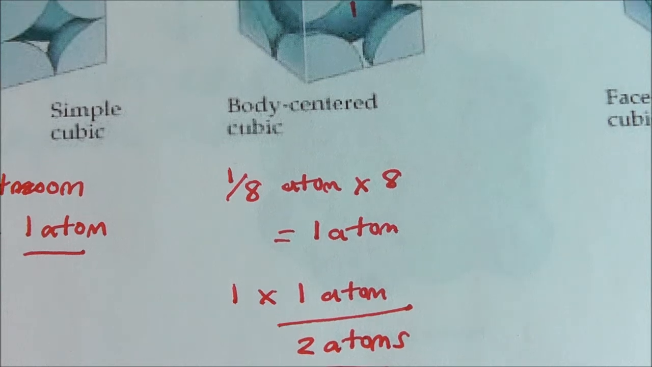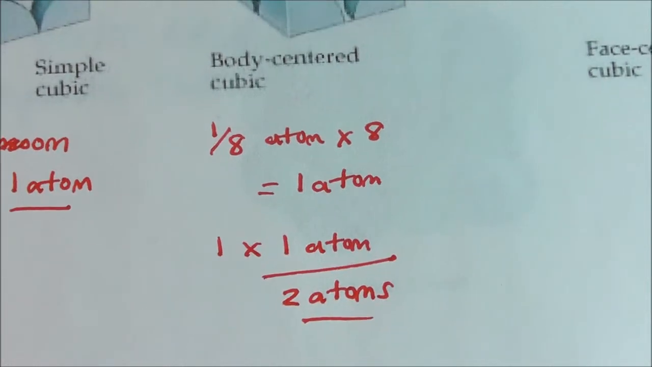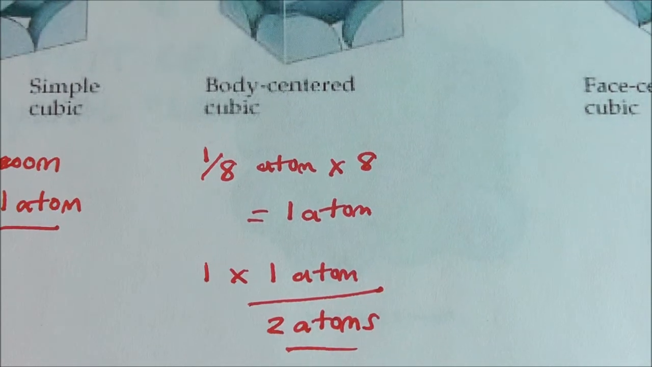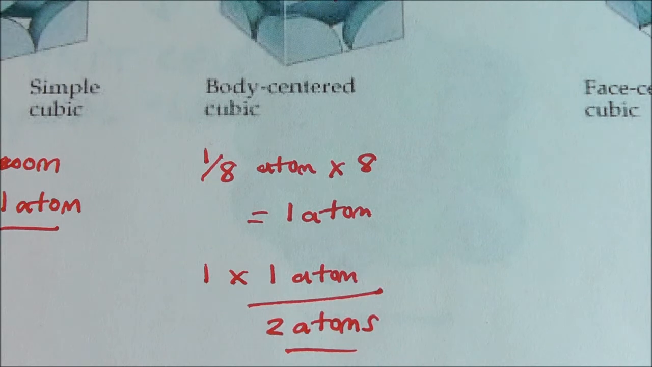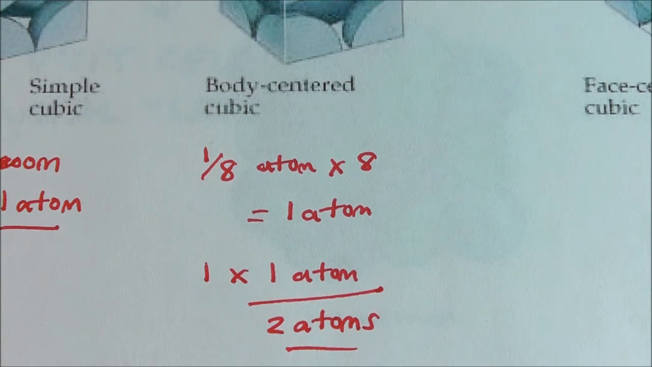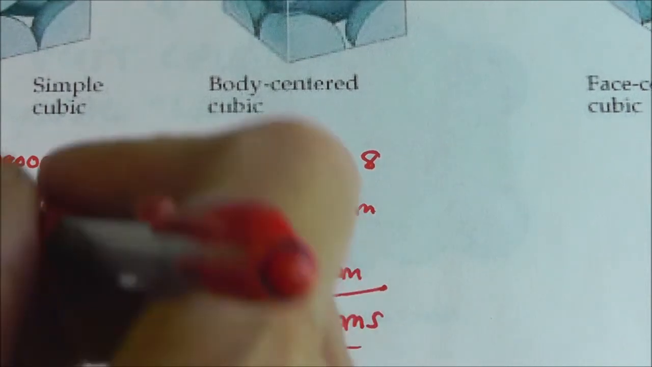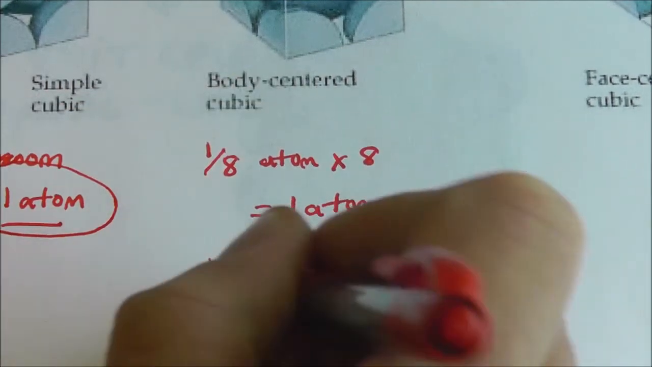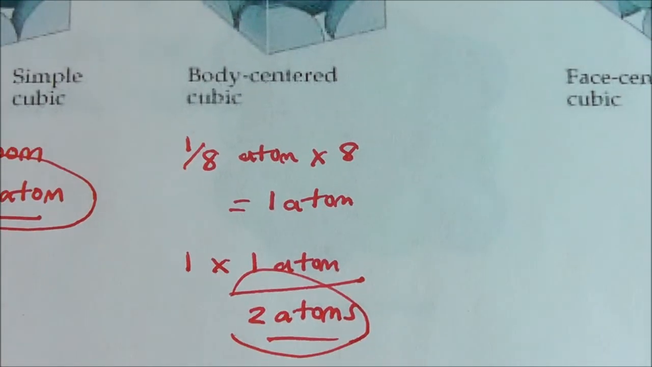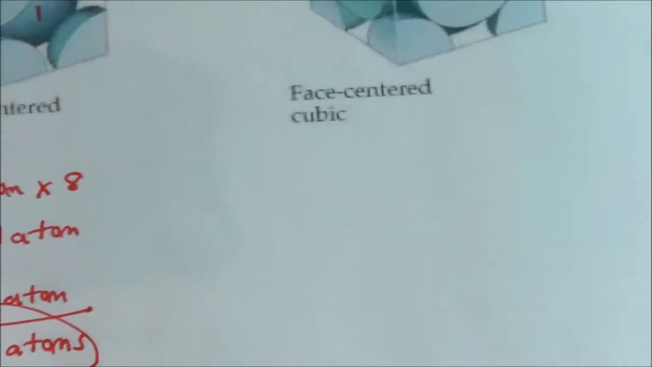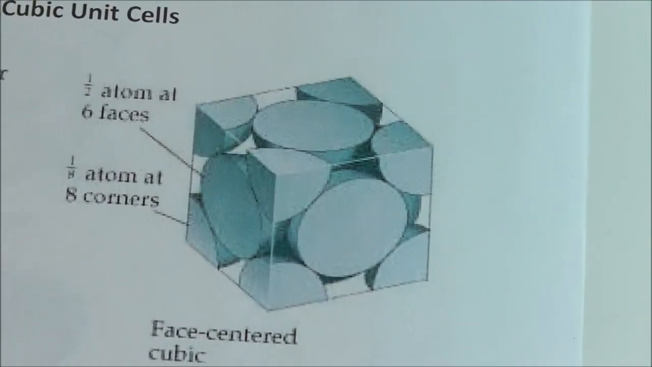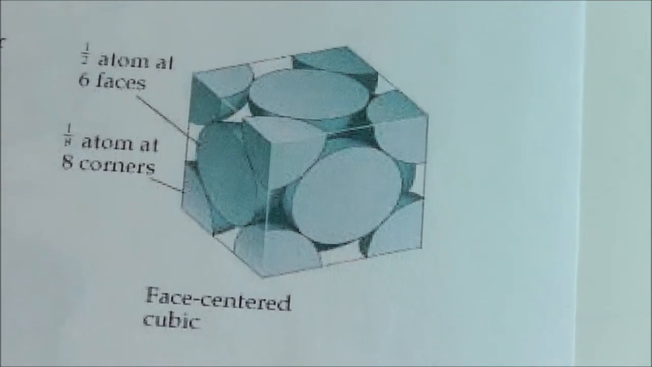So if you have a problem, which we're going to deal with in just a little bit, and it says this is a body-centered cubic unit cell, then you will be able to say, well, that's two atoms. And if it was simple cubic, that'd be one. Body-centered cubic is more prevalent than simple cubic by far. So here is probably one of the most prevalent unit cells called